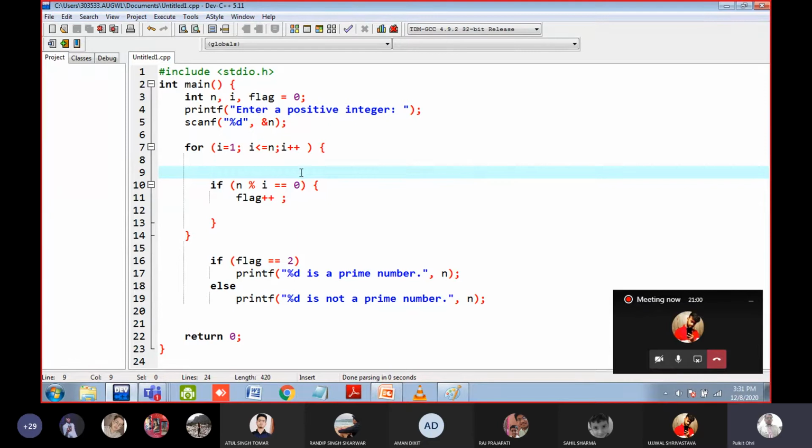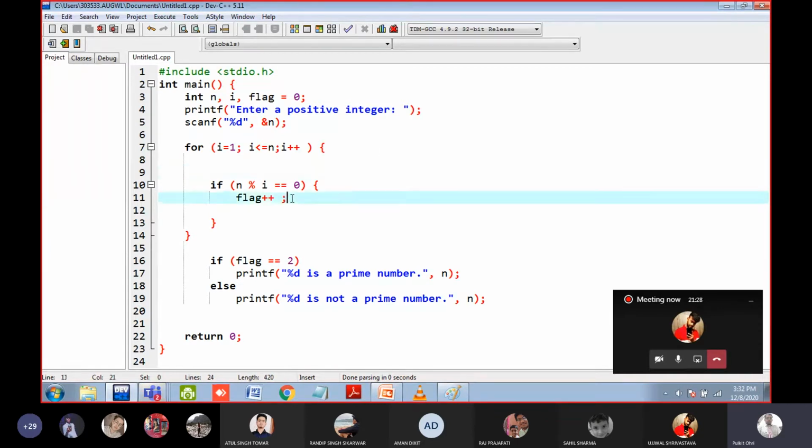Okay. And I have used the double equal to operator. Why? Because if a number is divisible by another number and if the modulus, or the remainder, is 0, it means the number is completely dividing the other number. Yes or no? For example, 2 is dividing 2, so the remainder is 0. If you divide 3 by 2, the remainder is 1, so it is not completely divisible. So you will divide 13 by 1 and the remainder will become 0.